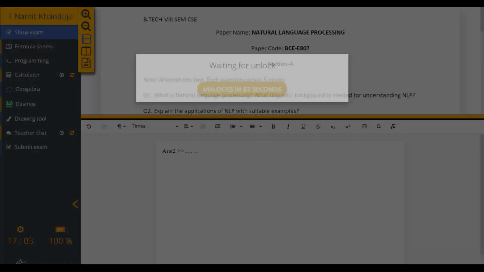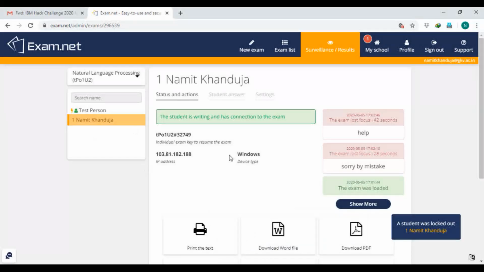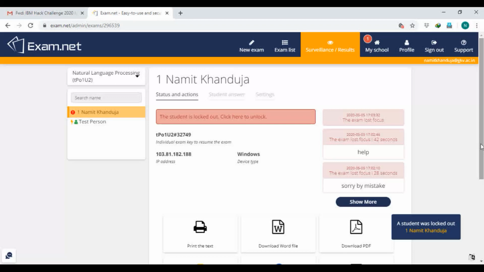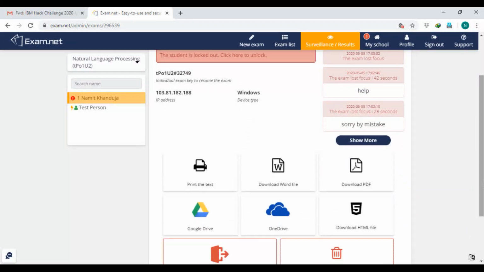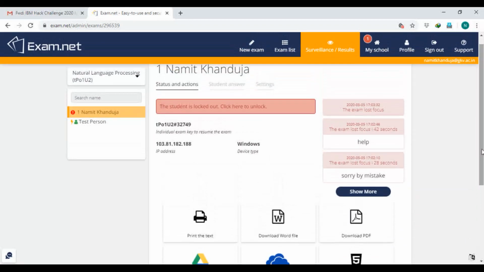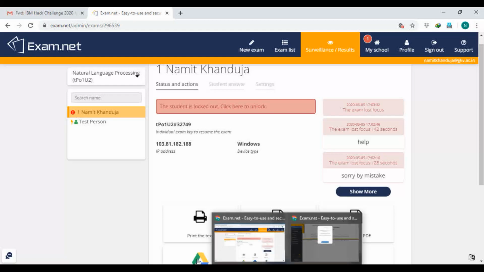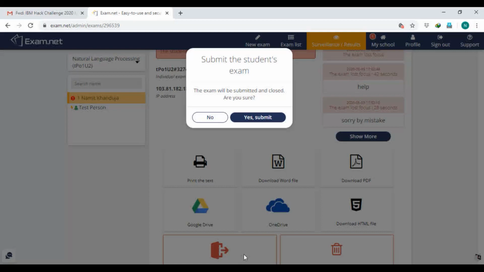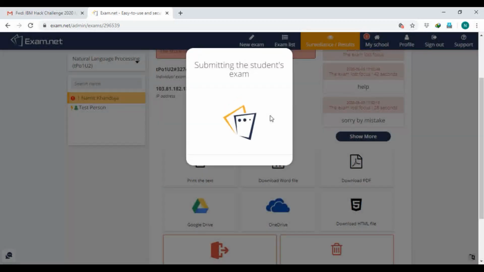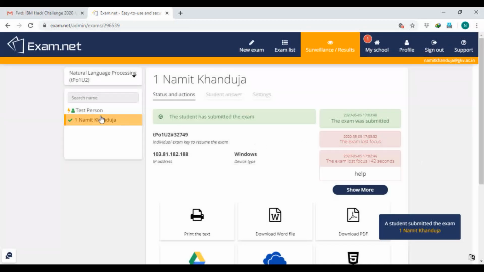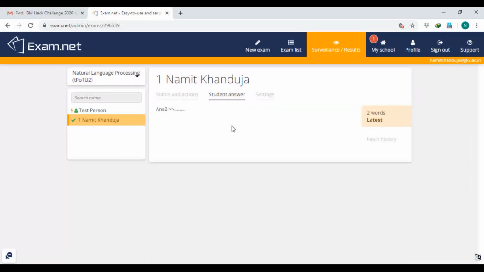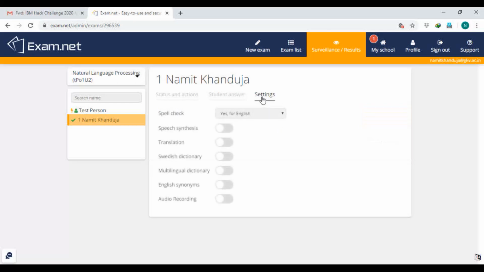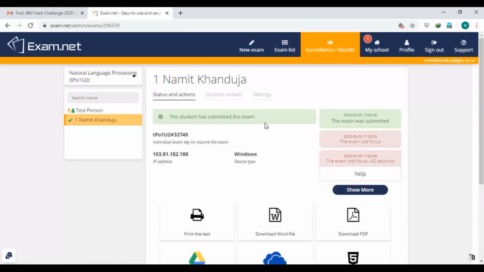Oh, again I have logged it out. So we can do this, we can give the exams like this. Once the exam is complete, let me force the submission, because I am using the same computer, it is giving me trouble. So once I have finished the exam, I can see their answers from here, whatever I want.